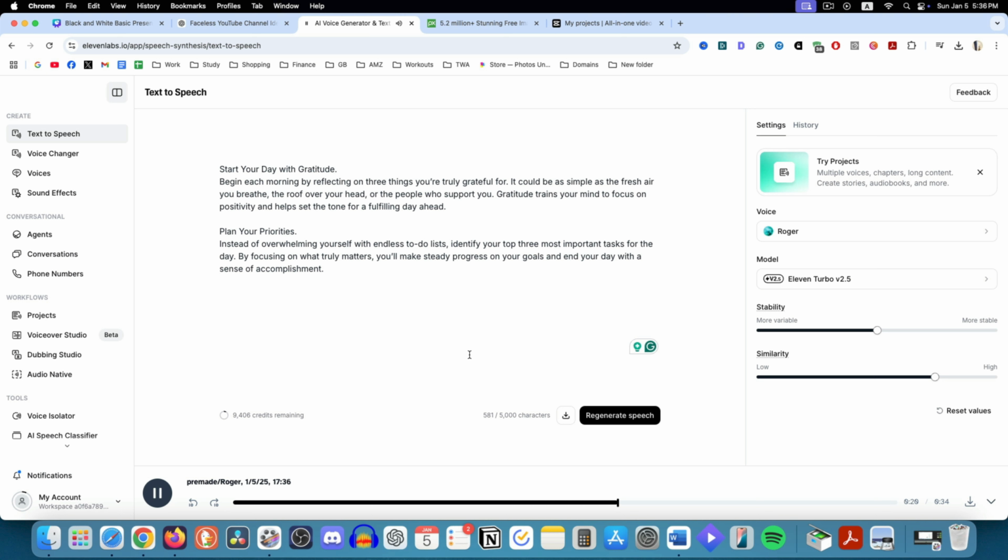Plan your priorities instead of overwhelming yourself with endless to-do lists. Identify your top 3 most important tasks for the day. By focusing on what truly matters, you'll make steady progress on your goals and end your day with a sense